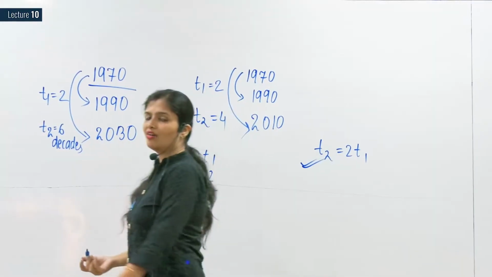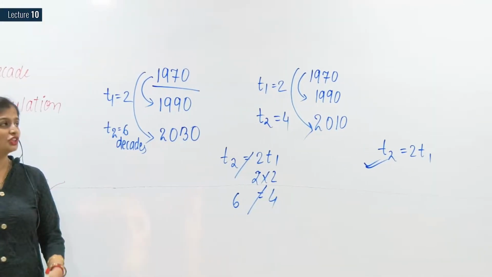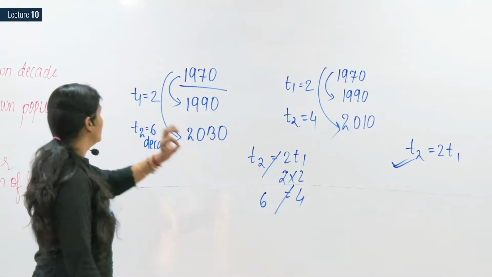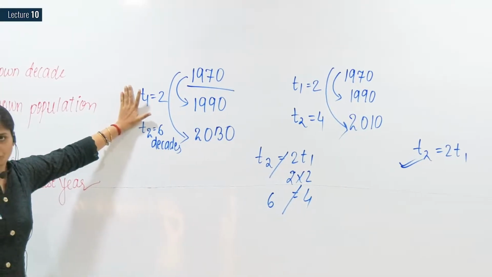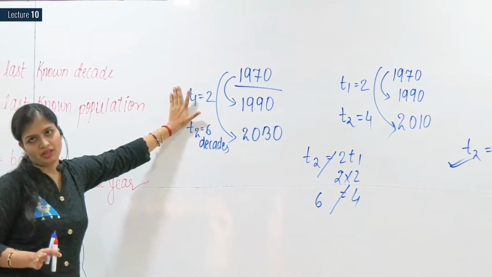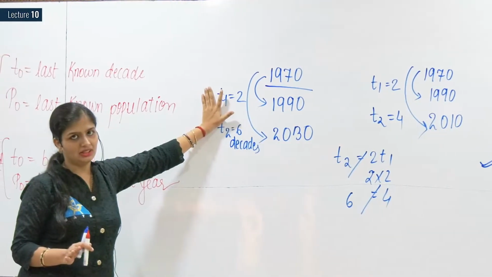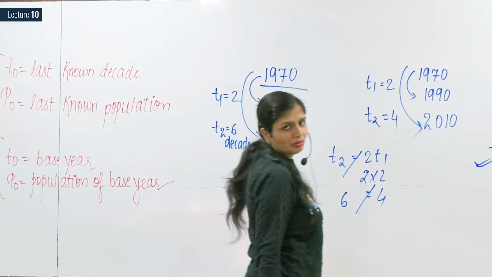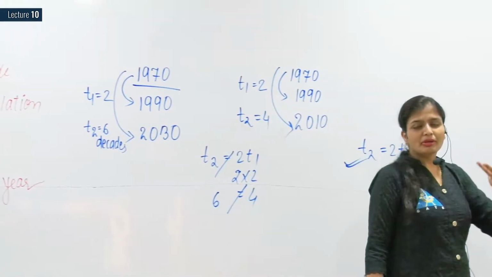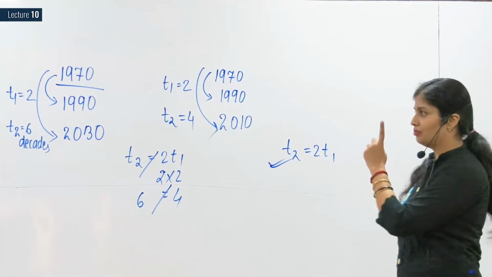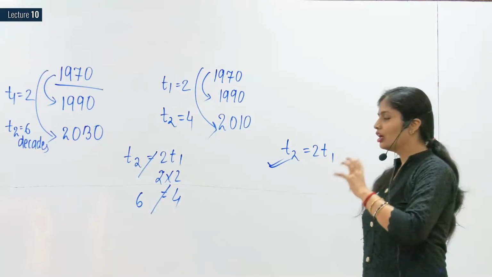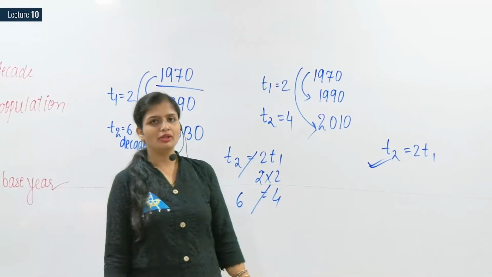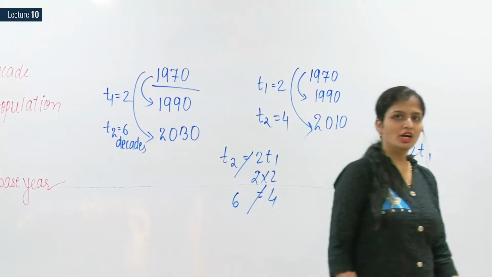So whenever you have to apply the logistic curve method, first check whether T2 is equal to twice of T1 or not. And every time remember this, T0: all the calculations you do from the base year. That you should know. Fine. That is why I have written for the logistic method what will be T0 and what will be P0. Now, there will be some equation of this logistic curve. I told you, from the examination point of view, the logistic method is important because you have to develop an equation and substitute the values with which you will be able to forecast the population.